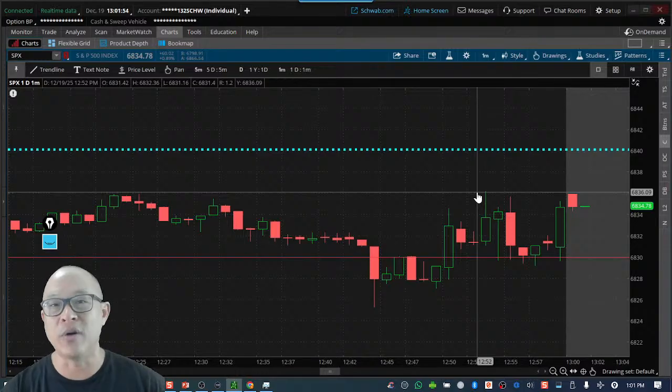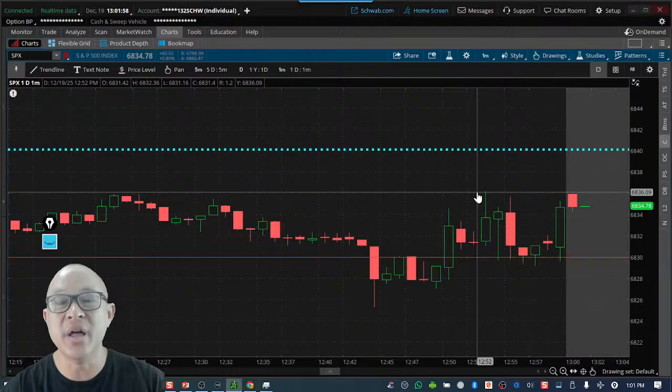And if you know the power of compound return, you can compound your money month after month. Instead of waiting for years to compound your money, I'll show you how to accelerate your path to building wealth in the markets by compounding month after month. Imagine just trying to compound 10, 20% a month, starting with $2,000, $3,000. You can grow that to 50, 100,000 if you do it consistently and you remove the emotions from the trade